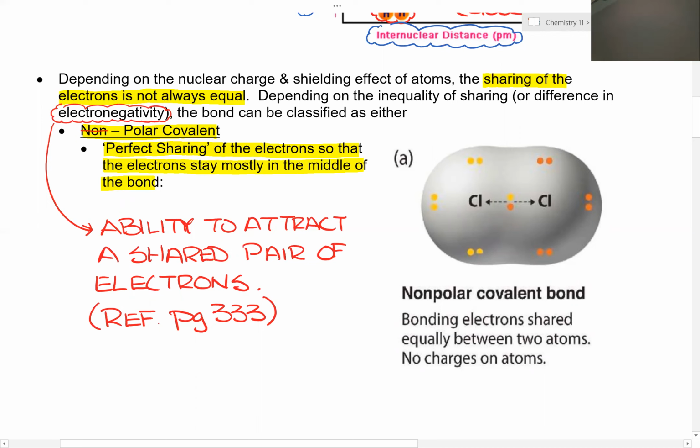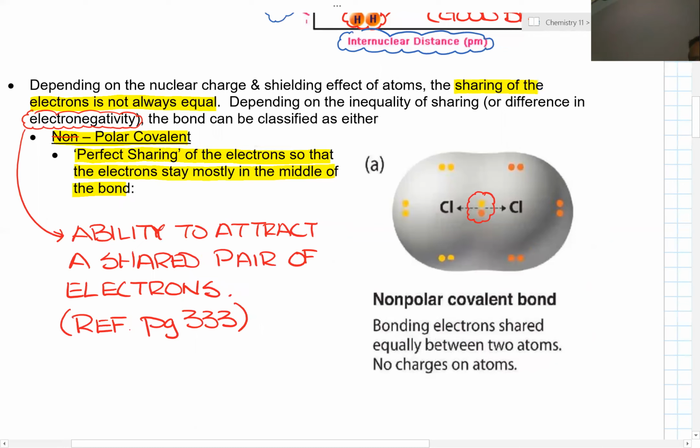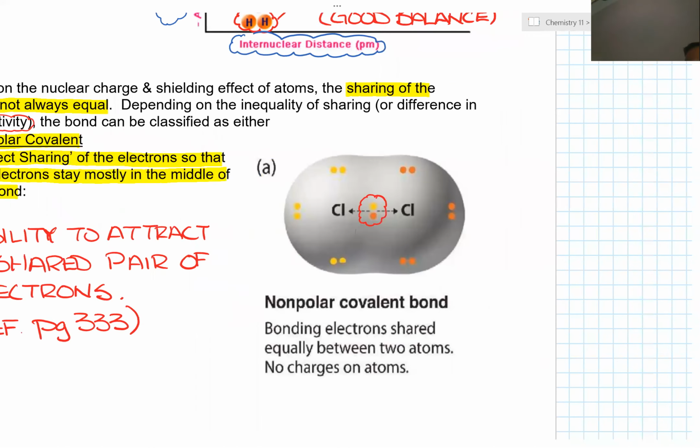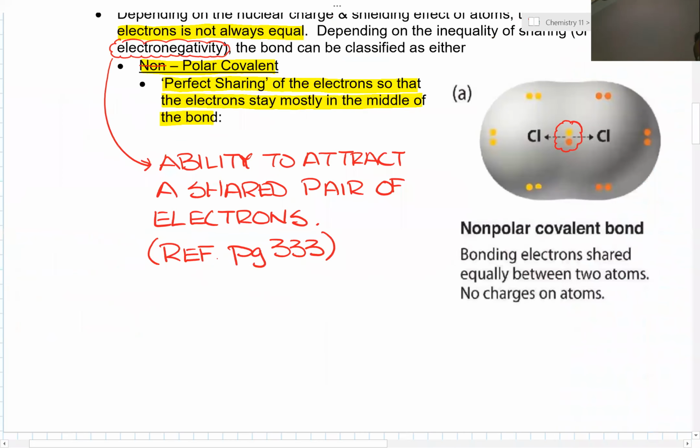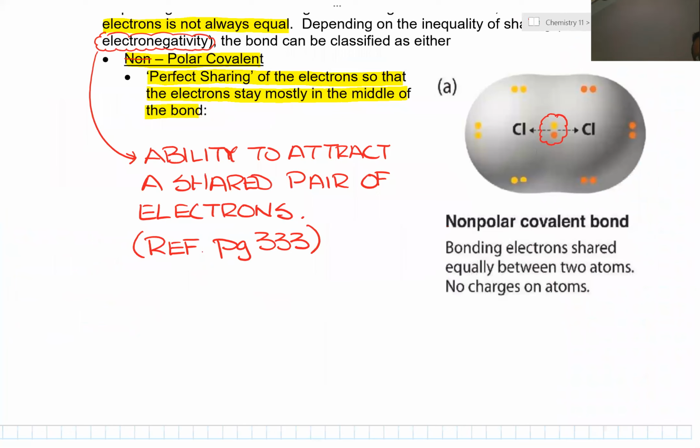In this case, the pair of electrons are simultaneously attracted to both. Both the chlorine nuclei are engaged in a tug of war. So you could think of it as the electrons